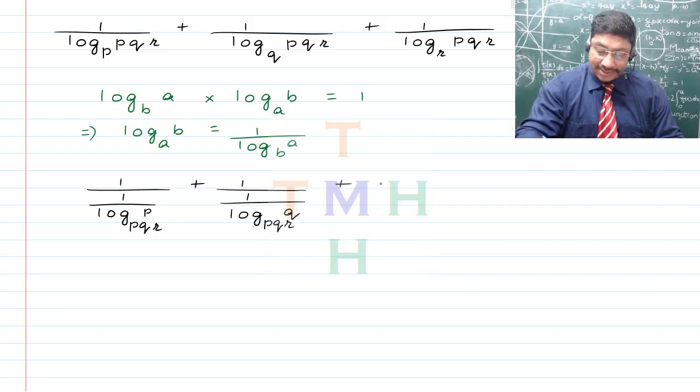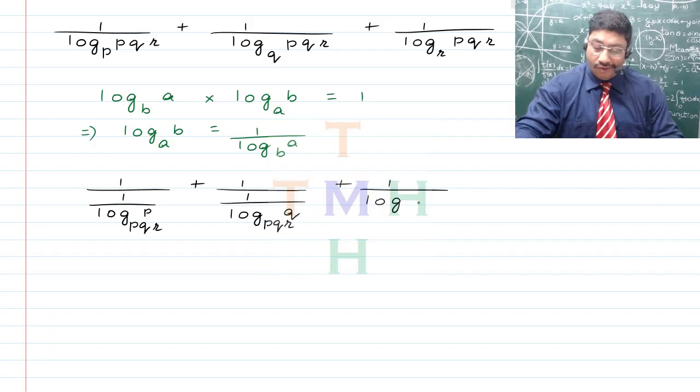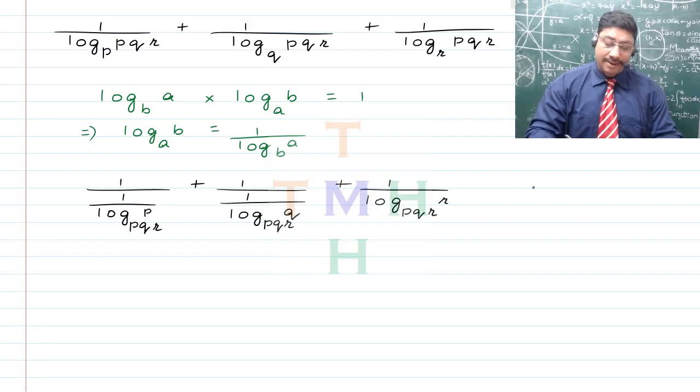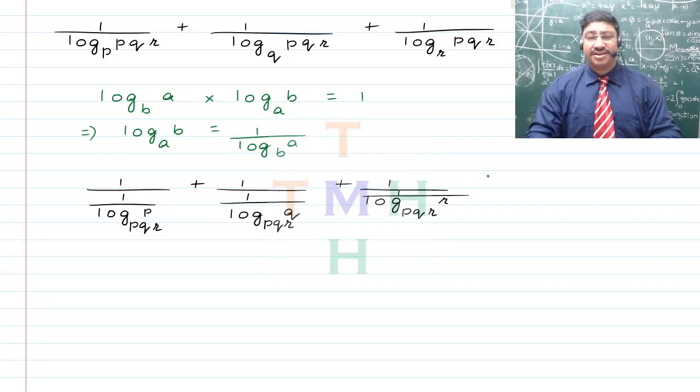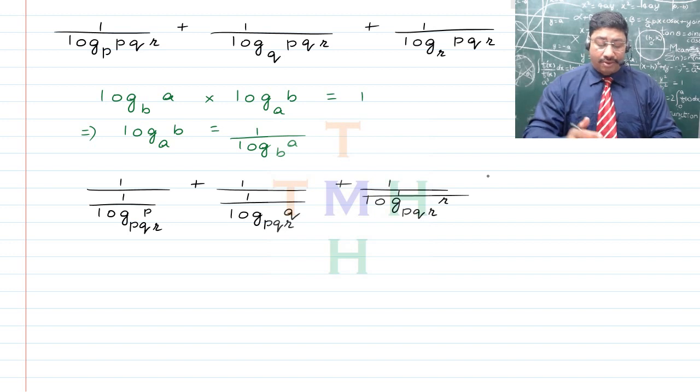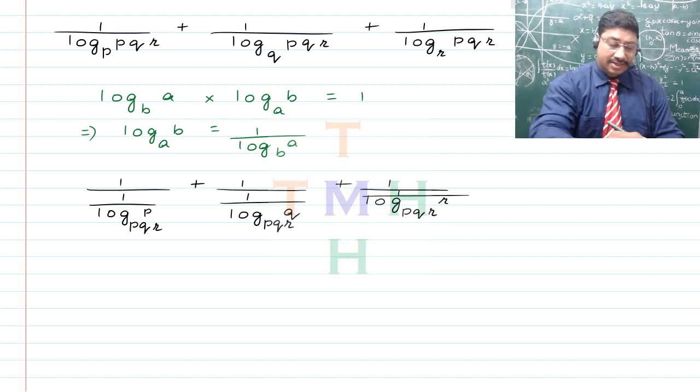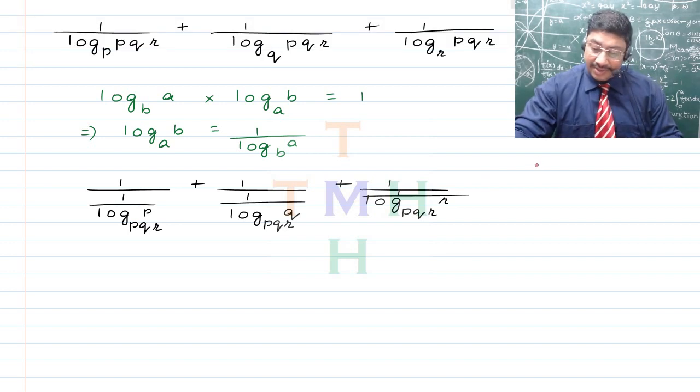And to that is going to be added 1, which is divided by log of r, and now the base is going to be pqr, right? So this is when you reciprocate the fraction. Now further, you get to see here that this is something like a upon b divided by